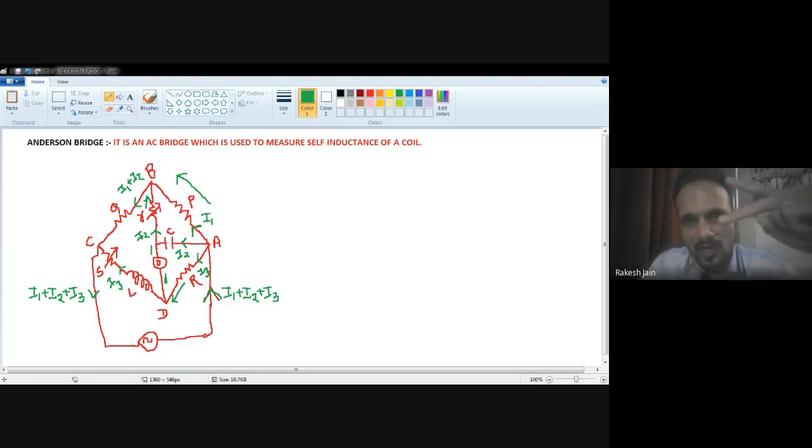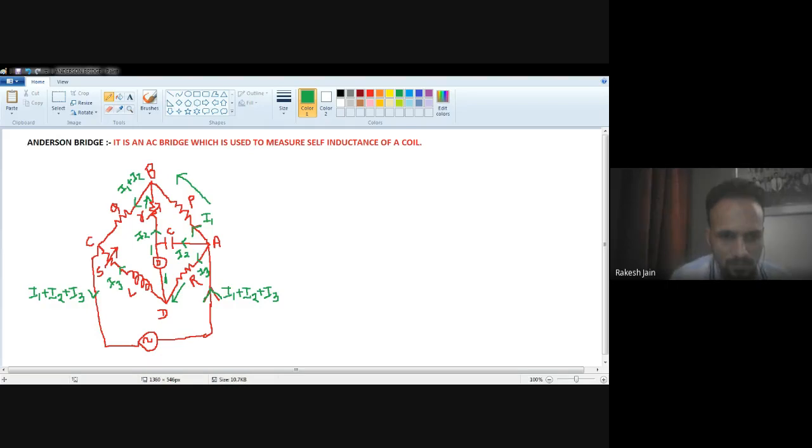Now one resistance and one reactive element. Reactive elements are of two types: inductance and capacitance. For the inductance, I have to write j omega L, and for the capacitance, I have to write 1 upon j omega C. So here a resistive element is there, that's why with a minus sign: minus I3 (S plus j omega L). And from D to A, my direction and the given current direction are opposite to each other, so minus I3 R, that is equal to 0. So I just write down this thing.